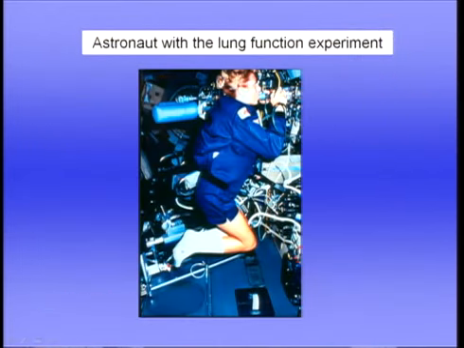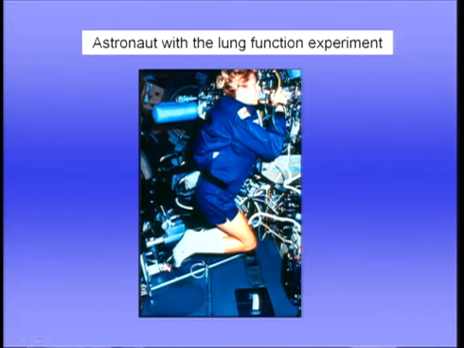Here's a photograph of one of the astronauts carrying out the experiment. You can see that she has a valve box here. There are 2 valves, one on each side. She's being prompted by a screen here to do all the right things, but she knows exactly what to do. She's done this experiment hundreds of times, and she's very familiar with it. And she goes through a series of maneuvers